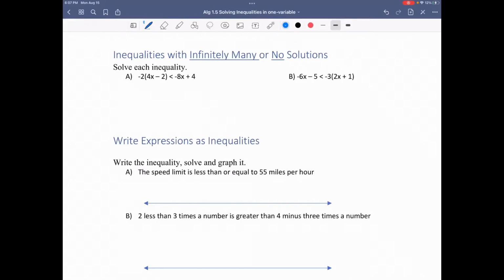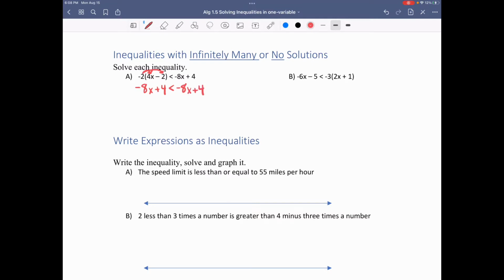This is lesson 1-5 continued, and we're going to learn about inequalities with infinitely many or no solution. So the first one we're going to do is distribute the -2. We have -2 groups of 4x minus 2, which is going to be -8x, and -2 times -2 is +4. It might be a little confusing, so if you have a question, just raise your hand and I'll go over that. That is less than